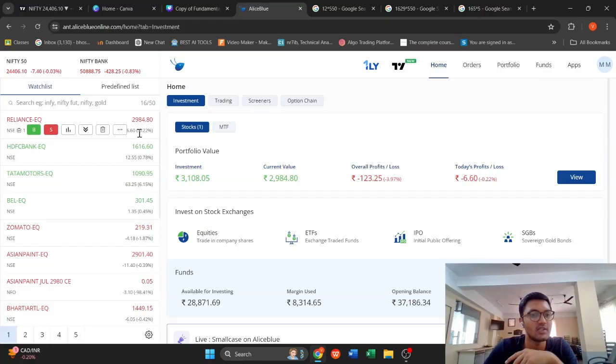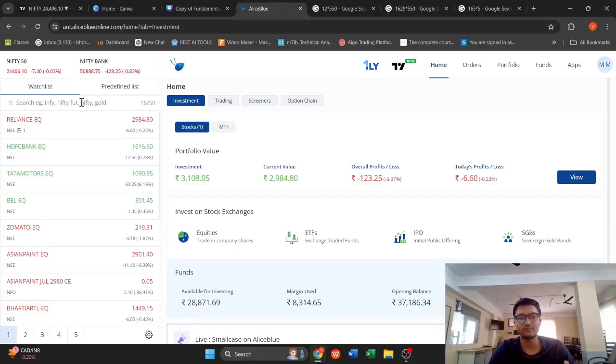So the HDFC Bank share is around 1616 rupees, and the next month future contract you are getting it at 1629. So obviously the future contract is like kind of 1% up. So you can just think from the futures contract, okay, maybe the futures is trading at a premium. The price of the spot can move up. If the futures of a particular thing is going down, if the price of futures is down and it is negative, let's say 1%. So the spot price, and there's a difference between spot and futures in all the instruments,